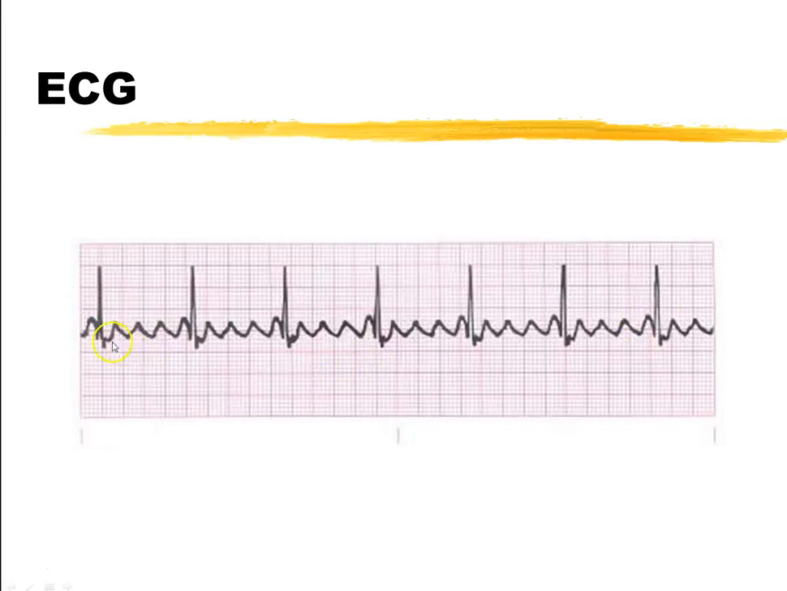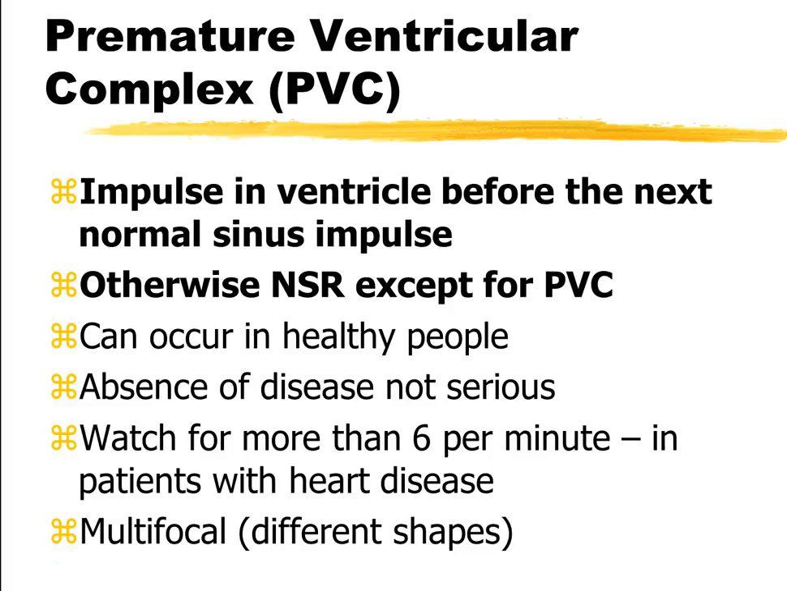Atrial flutter, more P waves than QRS complexes, a regular rate, you got atrial flutter. Now a PVC, a premature ventricular complex, this is kind of one of those odd things